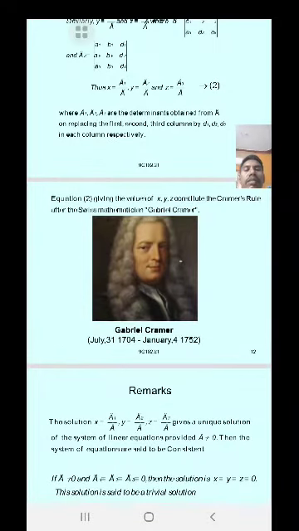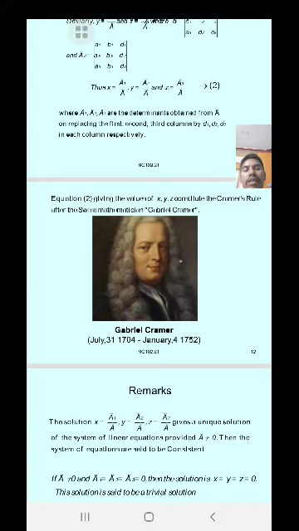So Gabriel Cramer introduced this method. Equation 2, giving the values of x, y, z, constitute the Cramer's rule after the Swiss mathematician Gabriel Cramer. So you can see his hair is very long, giving a different look,